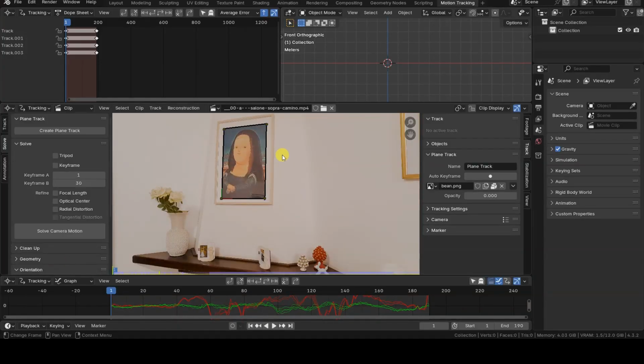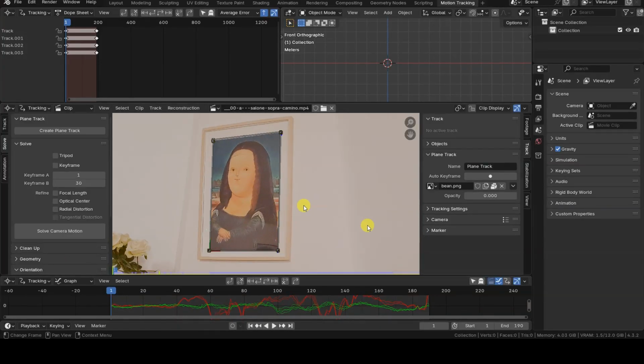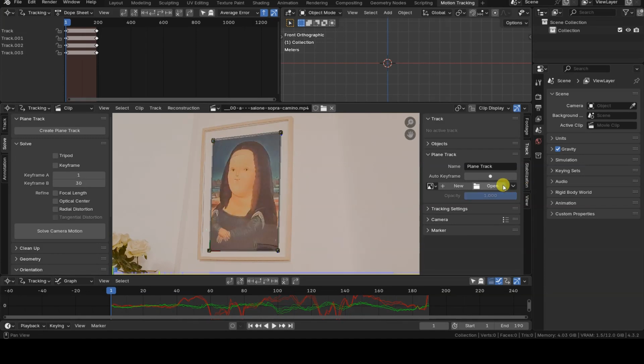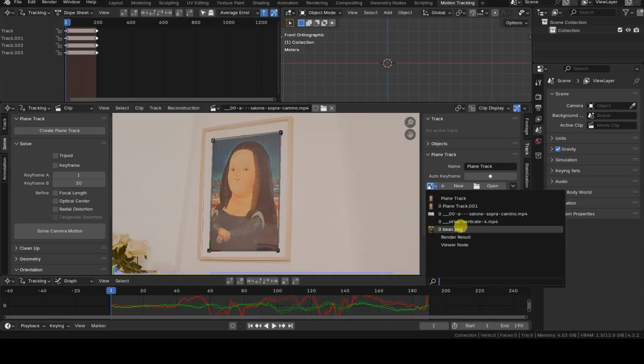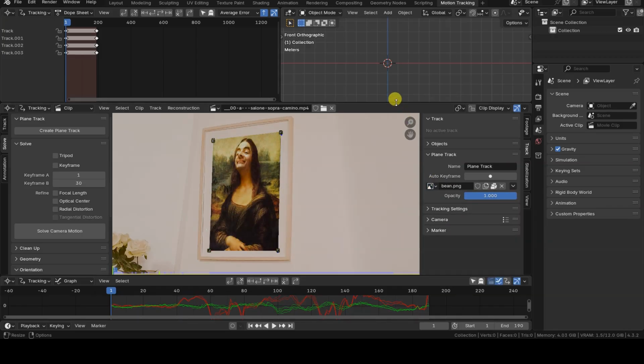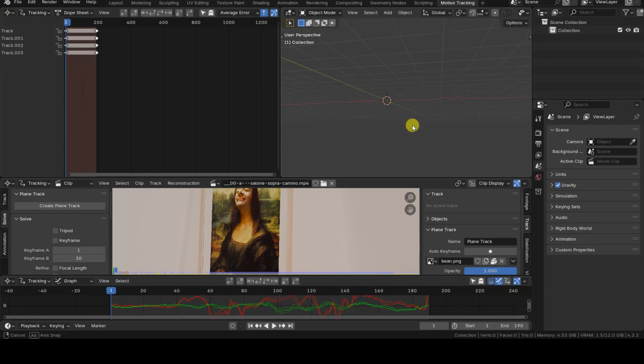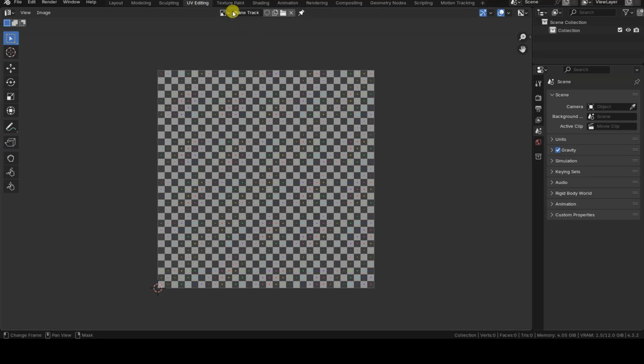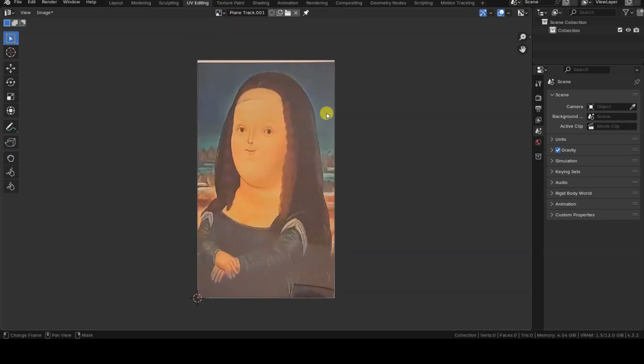Before we begin, I need to make 2 preliminary remarks that will help you understand whether the tool shown in this tutorial is suitable for your needs. The plane track is not a 3D object, so you cannot apply UV mapping to this plane for the images or video clips you want to overlay onto the original footage. This means that the images or footage must have the same aspect ratio as the plane track.